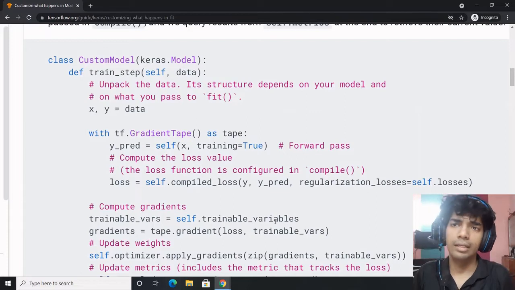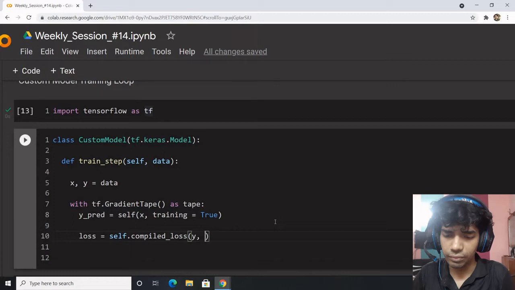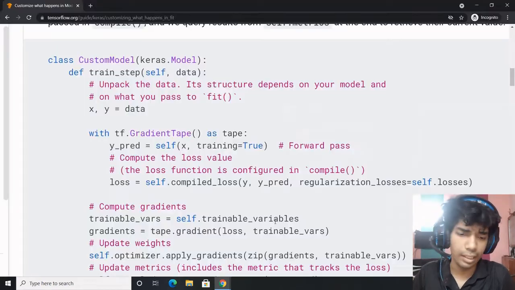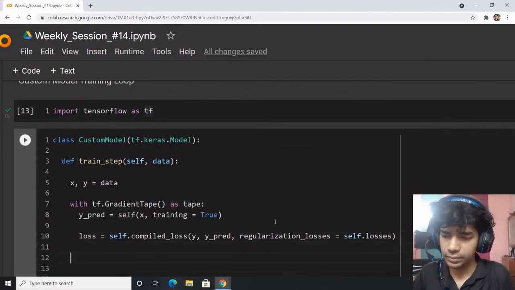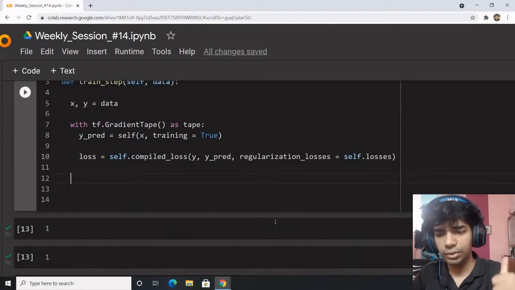Just be in an acceptance mode to whatever is being delivered to you. So y_pred, and then we have regularization losses. Here we pass self.losses. You're done. Till now you did the forward pass and calculated the losses.